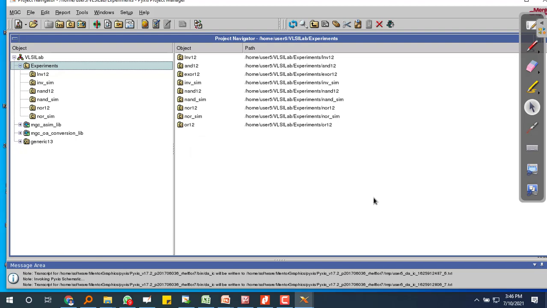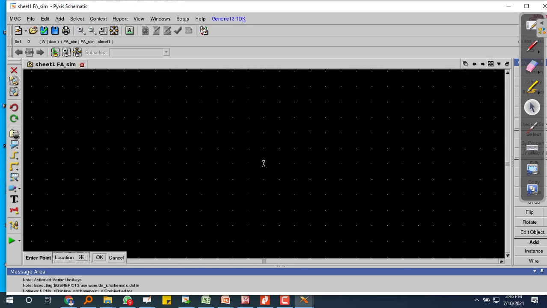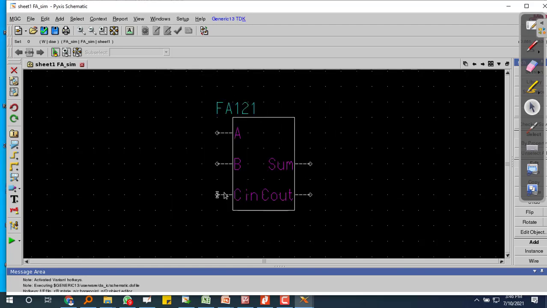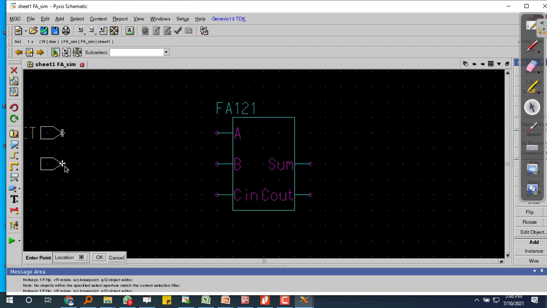Now I will be opening my library experiments only. Full adder is there now. We are having 3 inputs and 2 outputs.